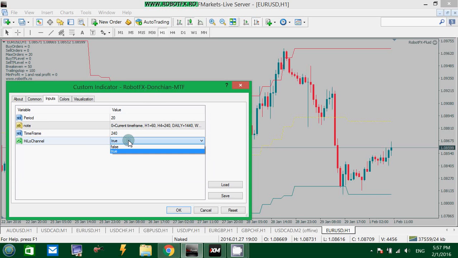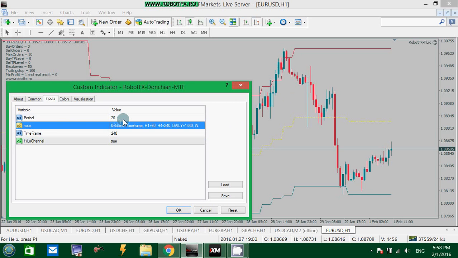And regarding the settings, you also have the option to leave the Dungeon Channel drawn using the default method, the default Dungeon Channel, which will draw the channel depending on the highs and lows of the candles. This is the high-low channel set to true, the default Dungeon Channel. If you set this to false, the Dungeon Channel will be drawn depending on the candles' close and open. It will not be much different. Anyway, it's worth mentioning so you know what this option does.